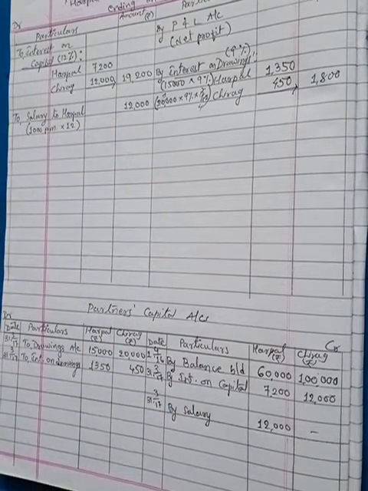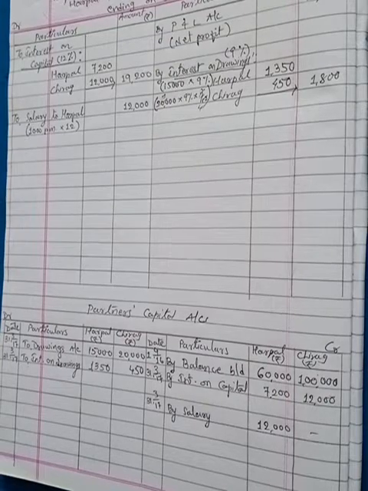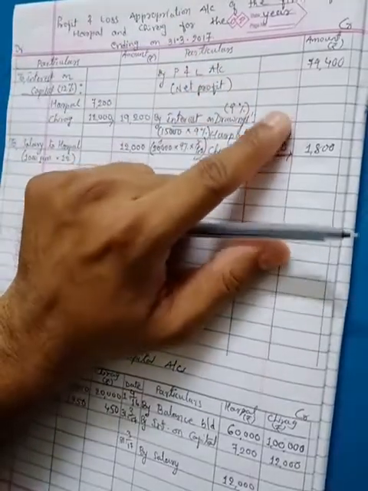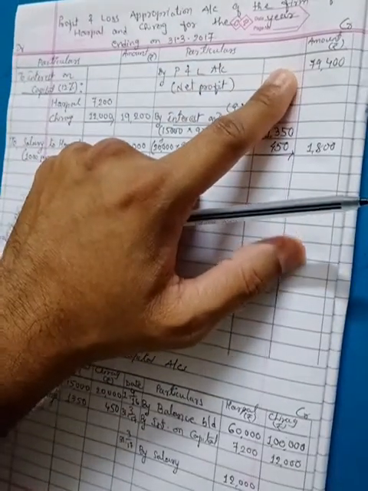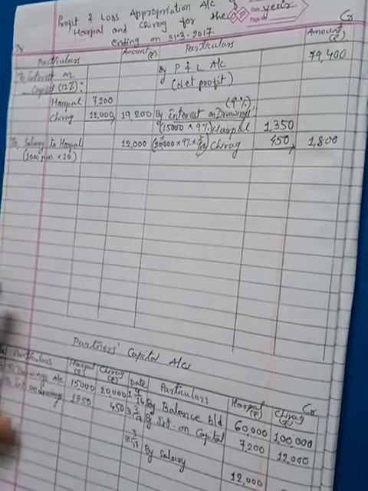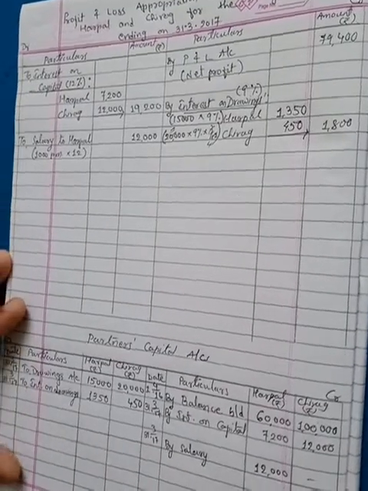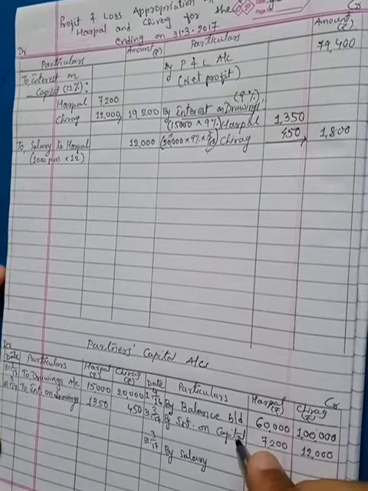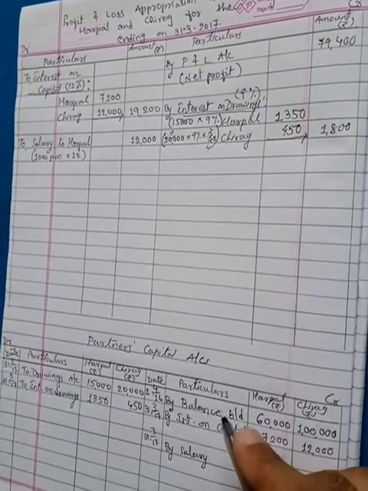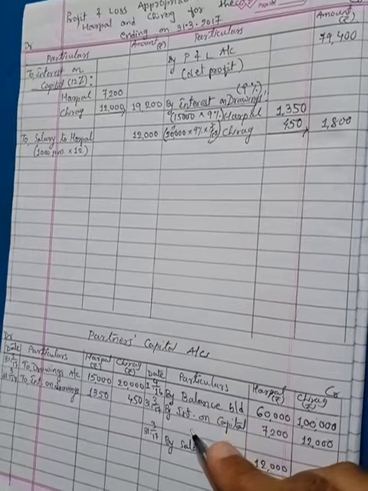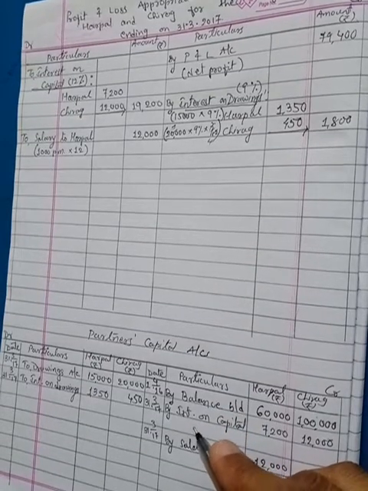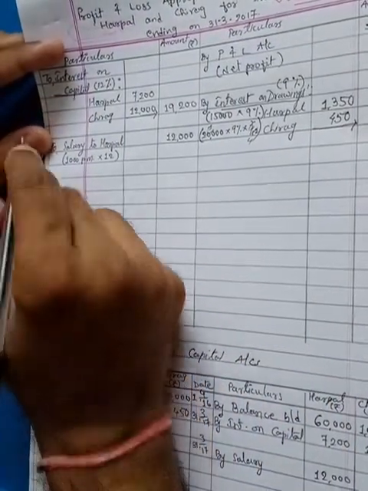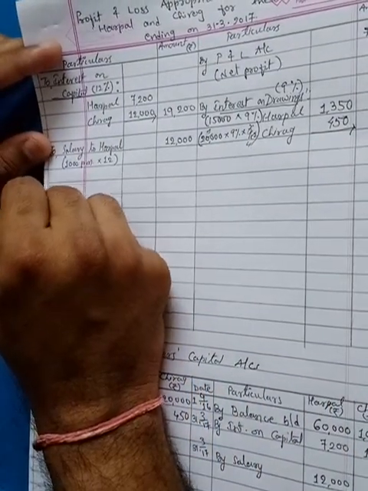Afterwards, they have provided that there is a profit on 31/3/17 of 79,400. That profit was already recorded over here in the appropriation account, this one. So all the transactions are recorded. Now what we have to do is find out the divisible profit first, and according to that divisible profit we will calculate the commission. Commission is payable at the rate of 5%, right? So commission is payable to Chirag, which means it is an expense for the firm, so it is recorded on the debit side of the appropriation account. This is how the effect can be given.